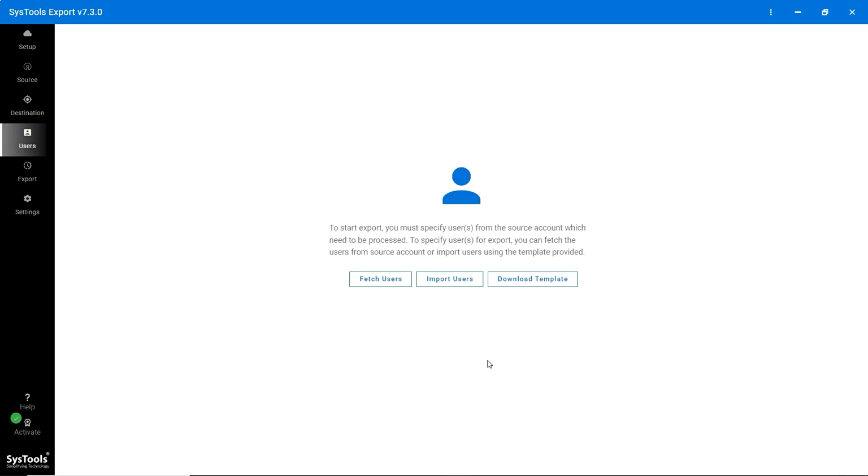Now, you need to assign the users whose data you want to export. To do this, you first have to import the users into the tool. There are 3 ways to do that. The first is the Fetch Users option, which automatically retrieves all user accounts from your Google Workspace. The second method is Import Users, where you upload a CSV file containing the user list. And the third option is Download Template, which lets you download a sample CSV file to use as a reference